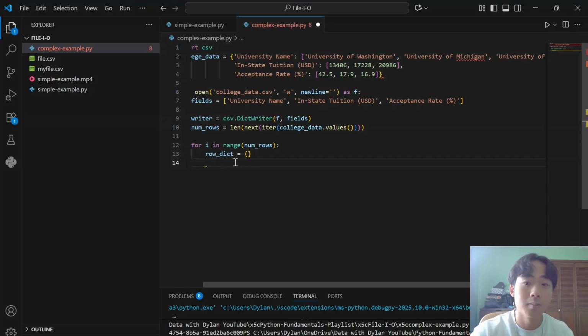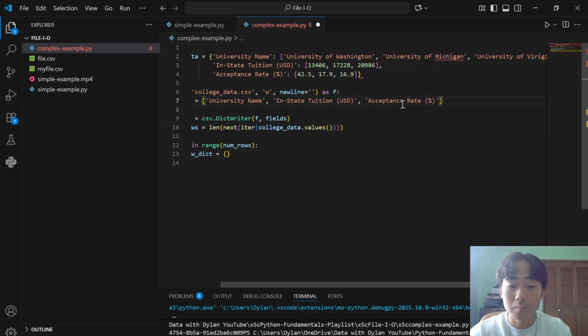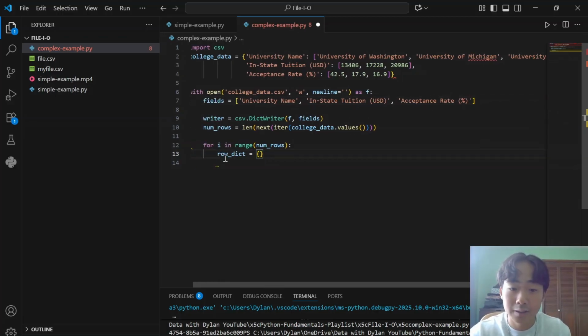each individual row. So what I mean by that is, for example, if we're on the first iteration of this for loop, then this dictionary is going to store only the first element of the list for all the keys. So it's only going to store UW, it's only going to store 13406 and 42.5, because those are all the first elements of all of the lists. And we're going to add that into this dictionary called row_dictionary. And then we're also going to use these keys too. So we're going to create a key value pair. The key is going to be the same as before, but the value is only going to store the first